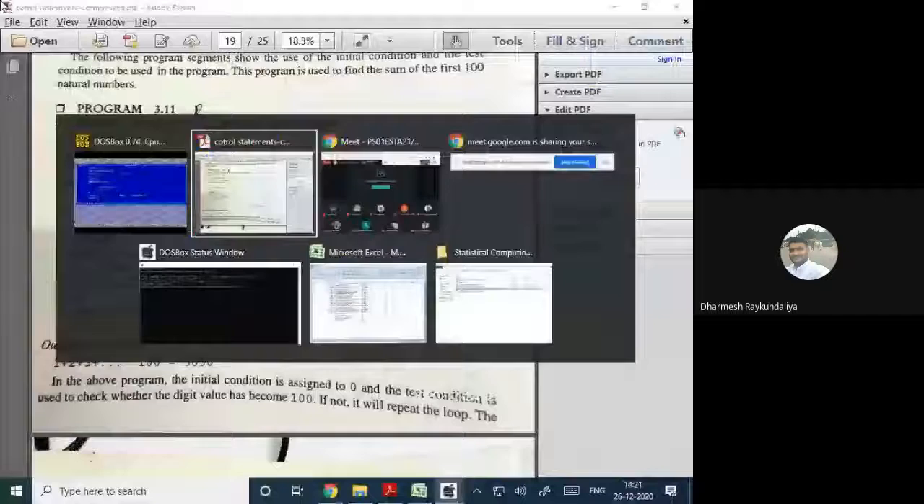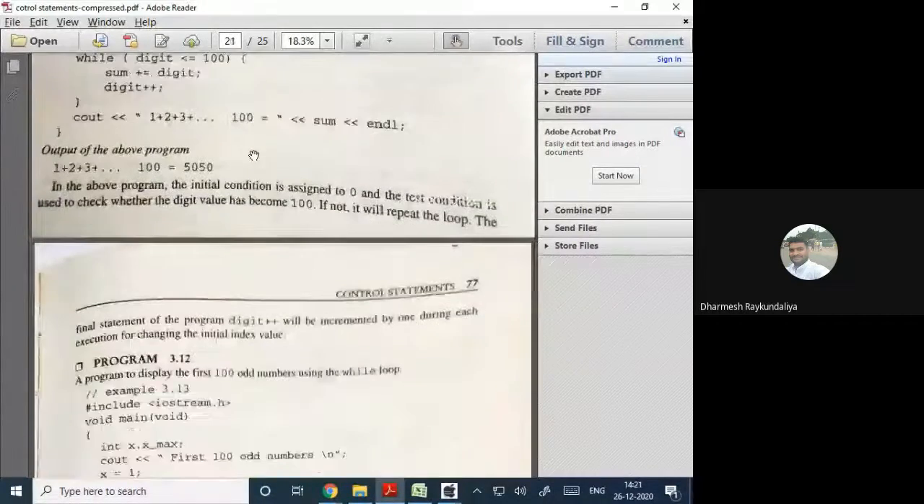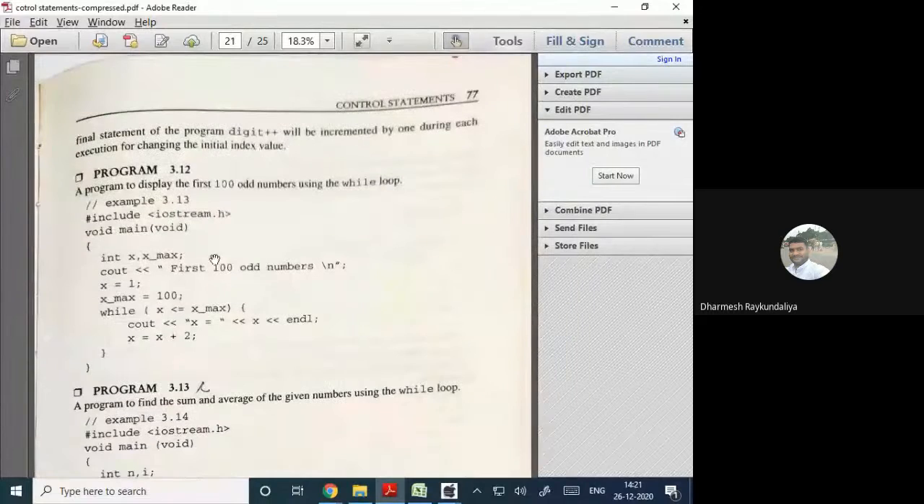That is all about the while loop. Suppose you wish to write a program to find the sum of the odd numbers from 100 numbers, then how will you do that? You can use the while loop. You can assign x equal to 1, maximum value is 100. If x is less than or equal to max, then cout x, and next will be x plus 2,